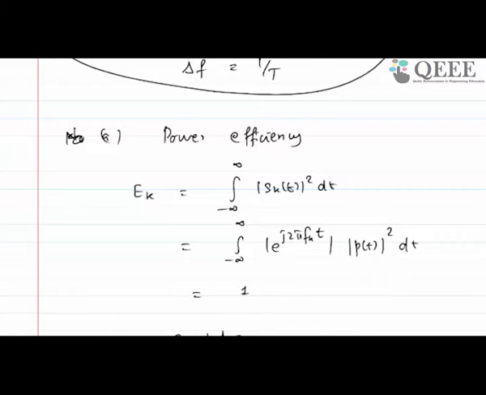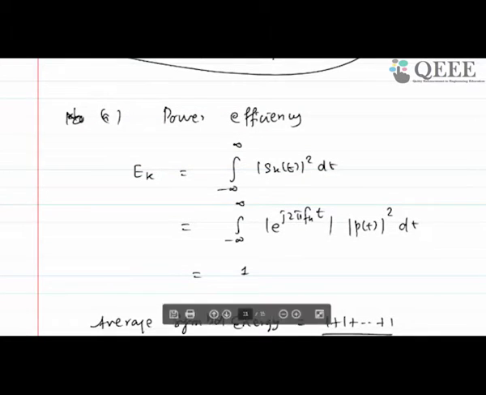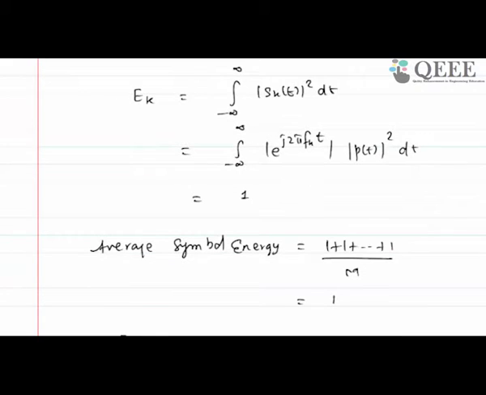Let us do the power efficiency computation for FSK. Again we compute the average energy. Again e^(j2πfk t) all have the same energy. If you take the absolute value, it is 1, right? So when I integrate it, it essentially becomes the energy of the pulse, because e^(j2πfk t) has unit magnitude. Multiplying the pulse doesn't change the energy of the pulse. So the energy remains the same, and the average symbol energy is 1 because each symbol has energy of 1.